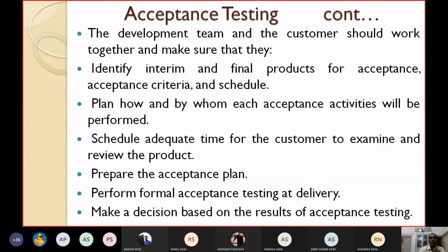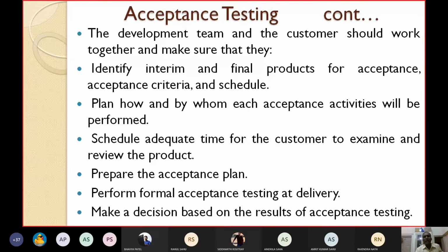They should plan how and by whom each acceptance activity will be performed, who will be responsible, who will be associated. They should make a plan. Schedule adequate time for the customer to examine and review the product. So the development team and customer should prepare a schedule, and that schedule should be adequate in time for the customer to examine and review the product.